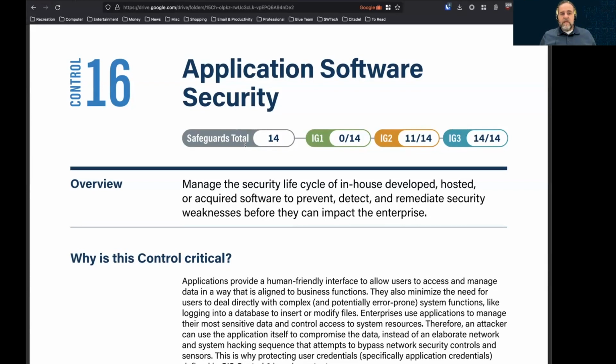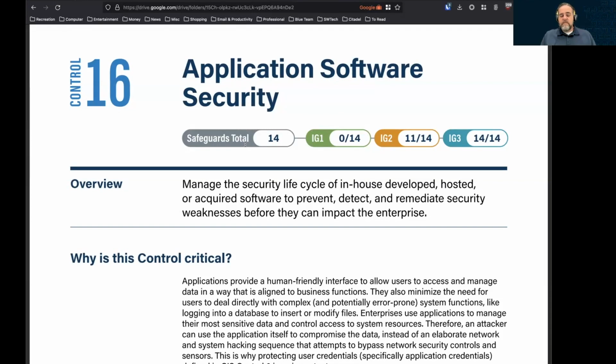Well, let's break that down. So I need to manage the life cycle of, one, in-house developed software. Well, I don't develop any in-house software. So let's just X that one out right there. Hosted. All right, this is where, if you have somebody who is knowledgeable about this, you can break down what it means to have hosted software.